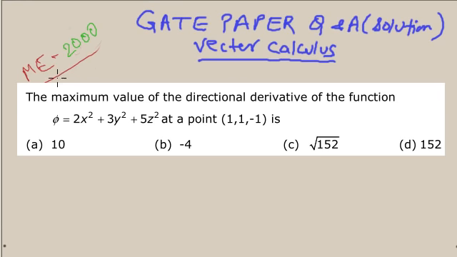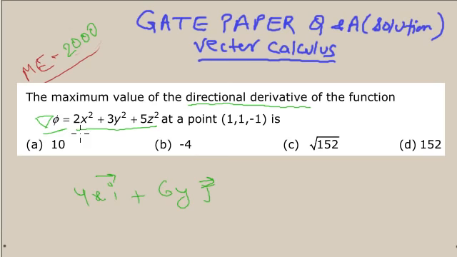This is another question from 2000. The maximum value of the directional derivative of the function. I have told you that for the directional derivative, first you need to find del, and then the component of that del in a particular vector. So the maximum value is nothing but the magnitude of del phi. So del phi: you differentiate with respect to x, you will get 4x i, differentiate with respect to y, you will get 6y j, and differentiate with respect to z, you will get 10z